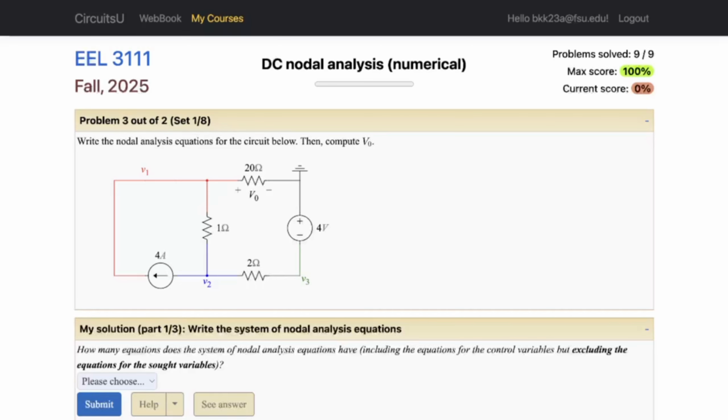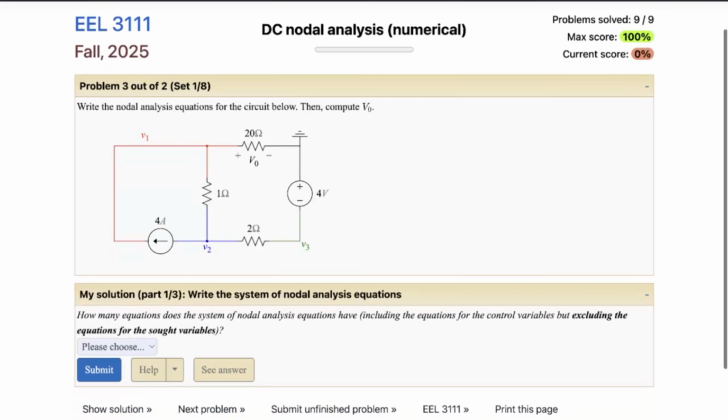Hello. This is an example of a DC nodal analysis numerical question of level 0. So let's get started. First step is to kind of just overlook the circuit. Looks like we have four nodes, one being the reference node, and then three other potentials labeled V1, V2, and